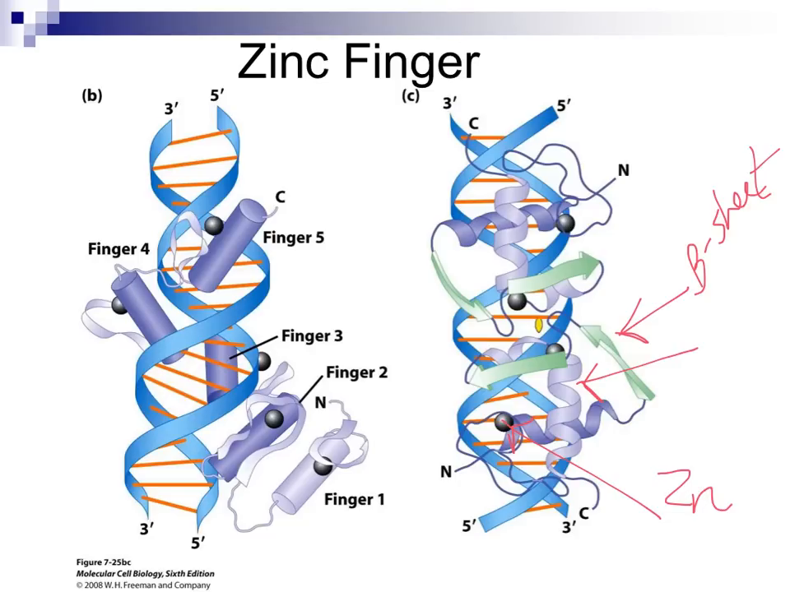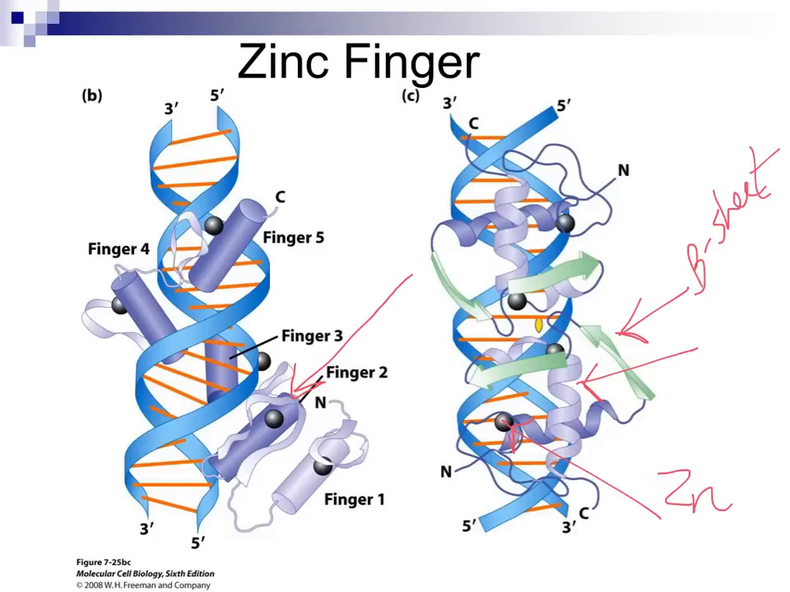On here, it's the helical portions. If you now look at figure B, it's the helical portions that will associate with the major groove of the DNA, along with parts of the beta sheet and the zinc. What's interesting about the zinc finger is that, unlike the helix turn helix shown before, which is individual, so essentially one helix turn helix can associate with one major groove of the DNA,